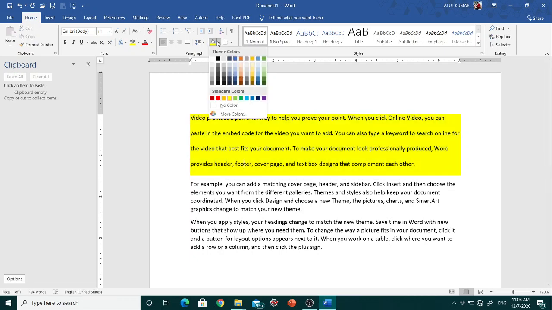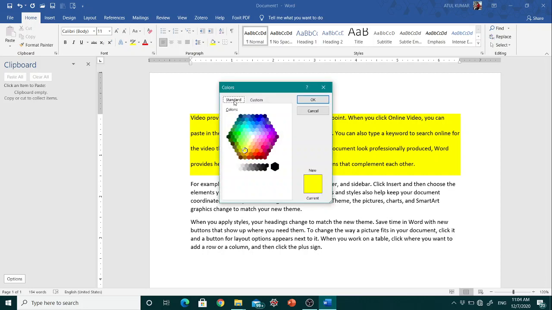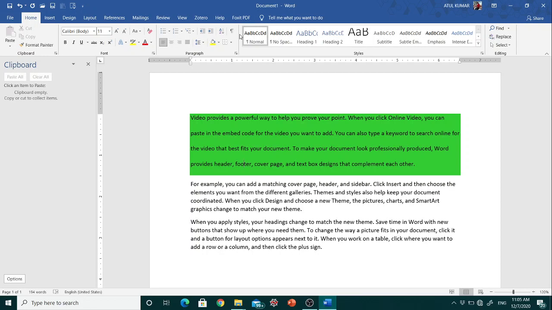You can change different colors. You can also go to More Colors to choose from the More Colors dialog box. You can choose a standard color or a custom color, and just click OK. That color is the shading color of your paragraph. So I click on this green color and it becomes green.